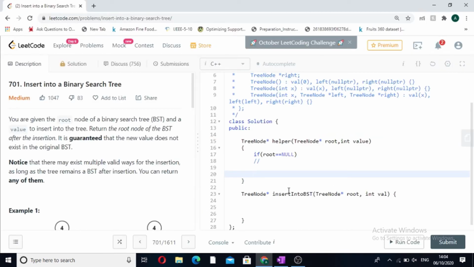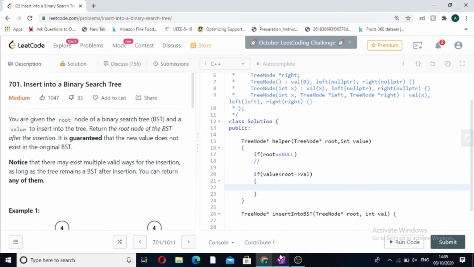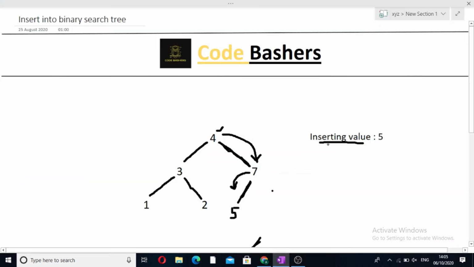First we check if the value to be inserted is less than the root's value. If it is, the value will be inserted in the left subtree, and if it is greater than the root's value, then it will be inserted on the right side of the BST.